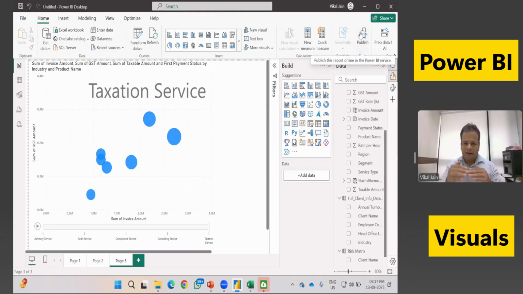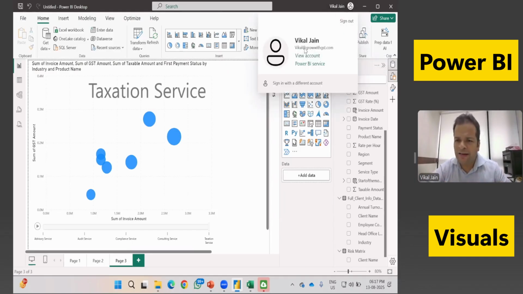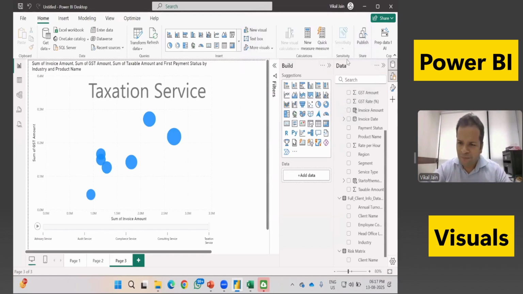It means if you are downloading Power BI Desktop and creating an account from a company ID, not from a Hotmail ID or Outlook ID, you can simply publish your data to Power BI. This publish option is available only in 365, not lower than this model. Now I'm going to publish it,